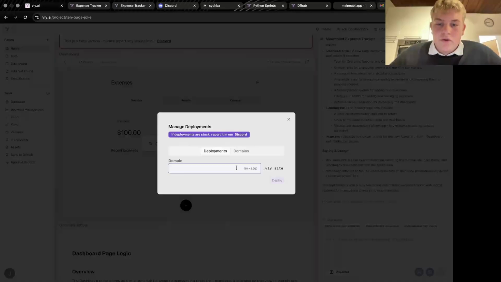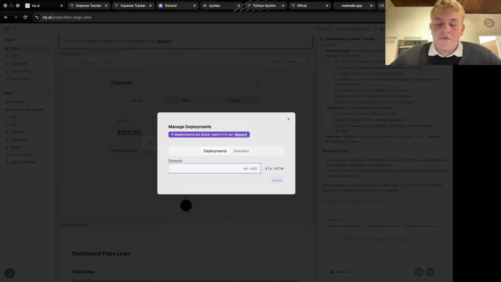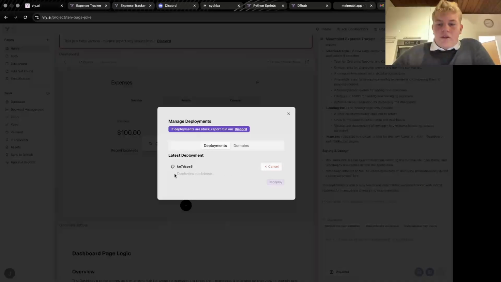And so you can enter any domain here, like expenses.fly.site, and I will deploy it right now, and it could be that a build error occurs, but if this happens, you can just click fix, and the AI automatically fixes it,